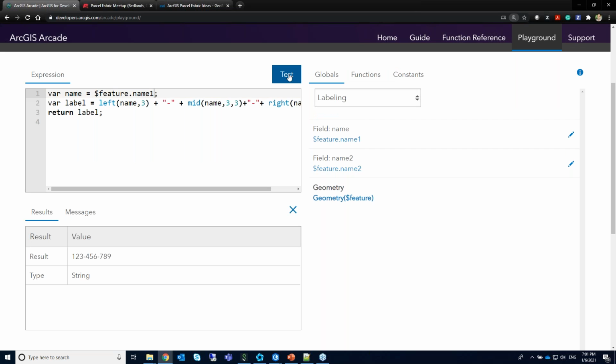And let's test it. And you can see that it returns exactly the same value, right? So when we access features in Pro or web or mobile, we actually access them with this thing called $feature and then the name of the field. So in this case, the name of the field is called name1. In the parcel fabric, we call it name for parcels, for the polygons, right? And that should work. So let's now take this expression like it is now